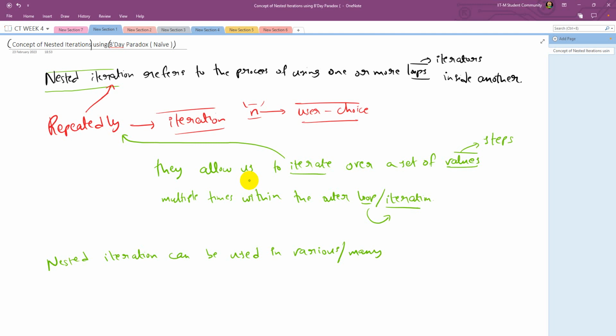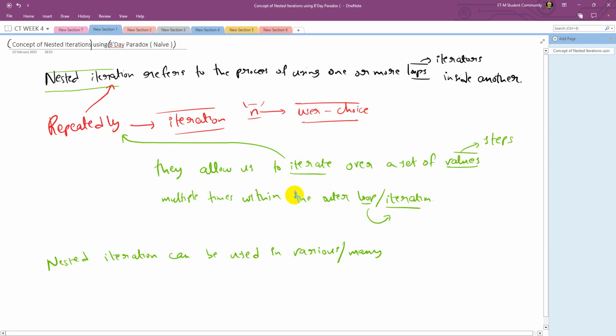In various tasks such as sorting algorithms, and we can also apply this for matrix multiplication, which will be introduced later on, and many other applications as well. But we must be very alert and careful with nested iteration,